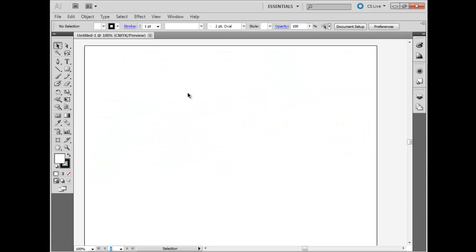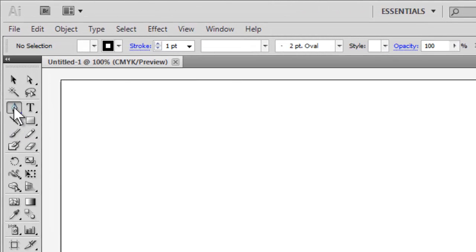Here I have a new blank document, and I'm going to select the Pen tool. Now with the Pen tool we can control both the fill and the stroke of a path that we're about to draw. The fill will fill in any closed paths, and the stroke will follow along the edge of the path. For this tutorial, since we're not going to be starting with a closed path, I'm going to select None